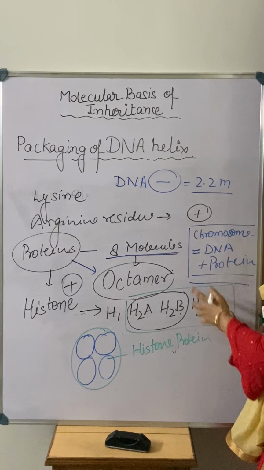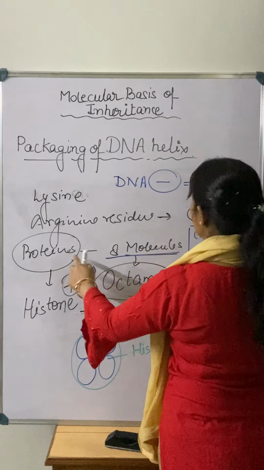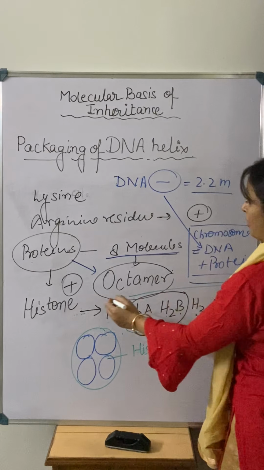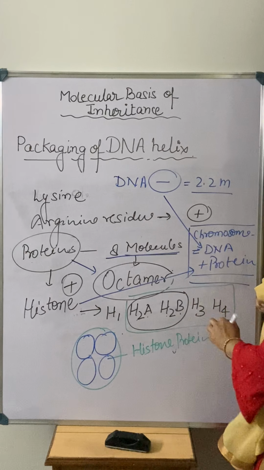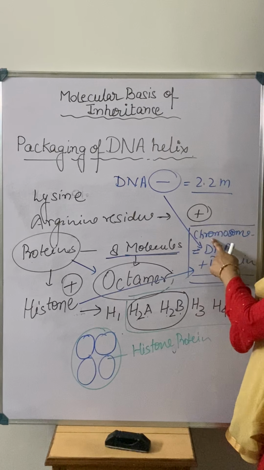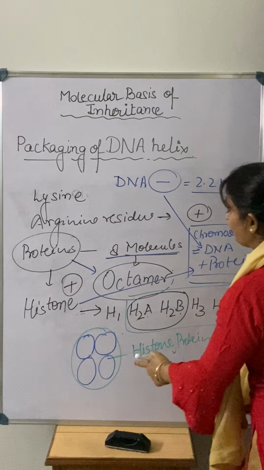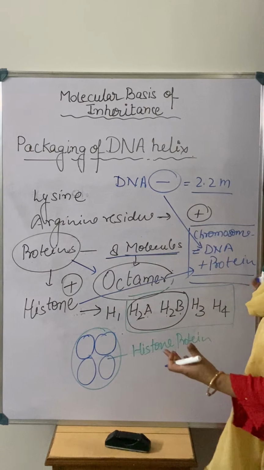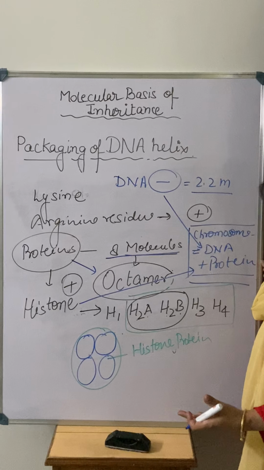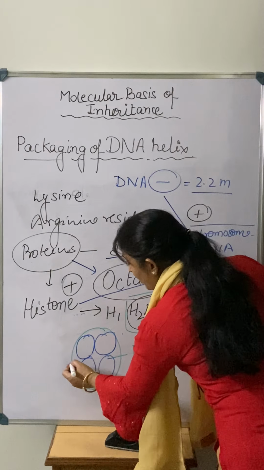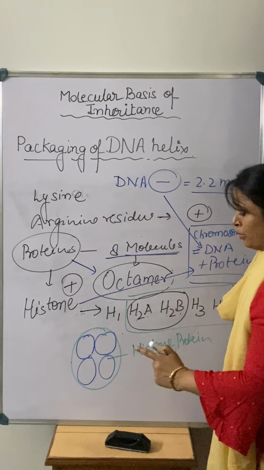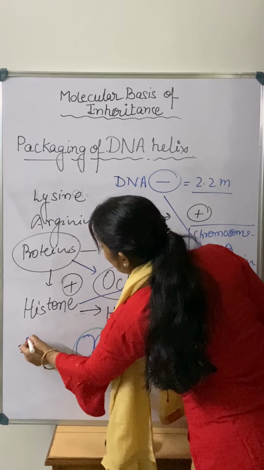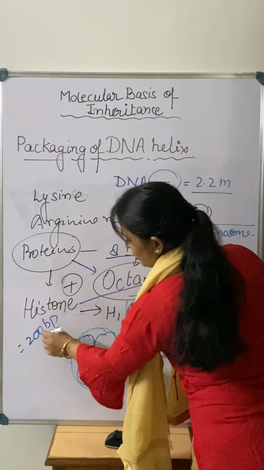So the DNA, this DNA means negatively charged DNA, is going to wrap with this positively charged protein and make the structure that we call a chromosome. So how is it possible? Now you see what happens. So this kind of structure is present where? In the nucleus of the cell, and in each histone protein, how many base pairs of DNA can be wrapped? That is 200 base pairs, right?